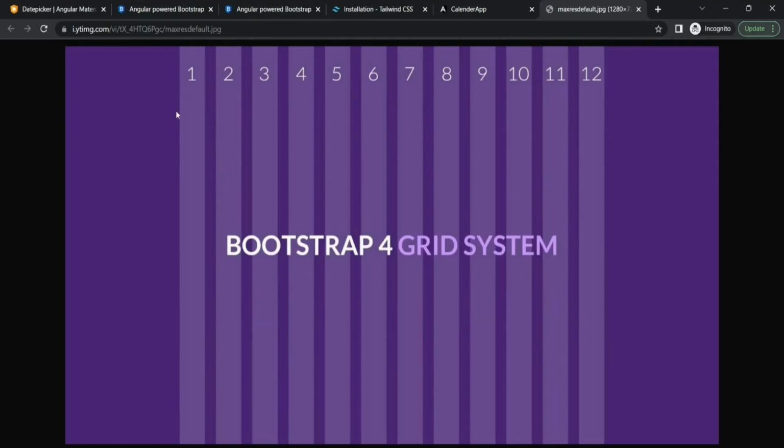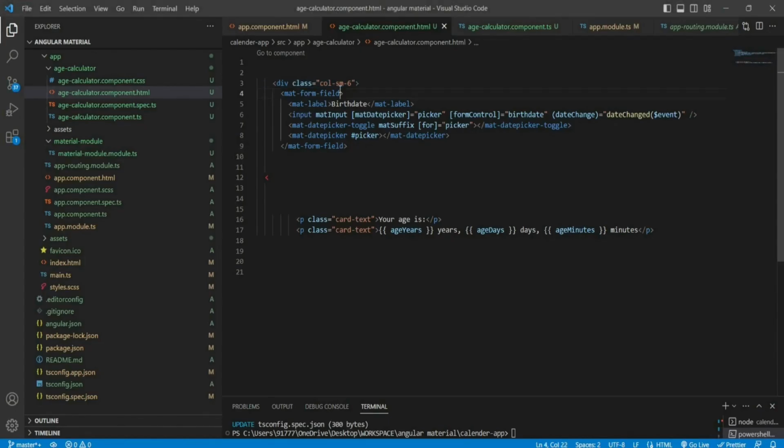This is the Bootstrap grid system. I have added one class. Basically, Bootstrap has 12 columns. That's why I have provided the class SM6, because this SM indicates the screen size. On smaller devices, I want 6 columns to be utilized for this field. And justify content center is again a class from Bootstrap, and the row and the container we need